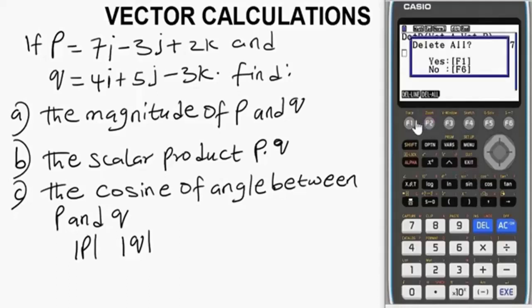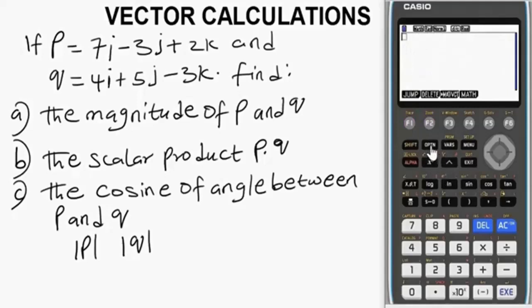Okay, all you have to do is to go back to option, then to vector. Okay, F6, or make use of this button. So look for cross product, F3, cross product of P and Q. This is our A and B here. We have vector A, alpha A. Okay, comma, vector B, alpha B. Close the brackets, and that's all. Press execute. So this is the cross product of vector P and Q, in case you are asked to find